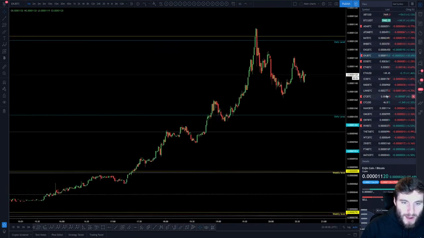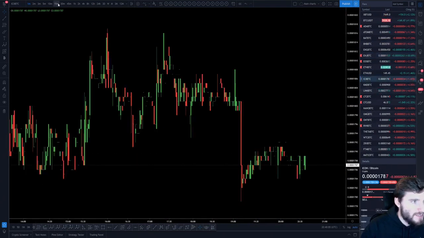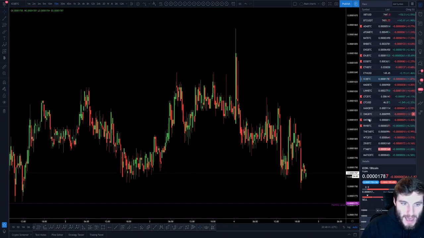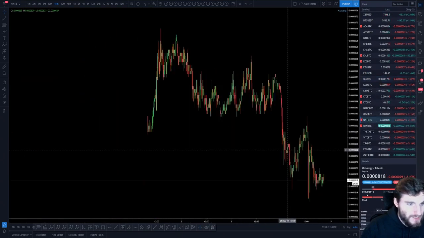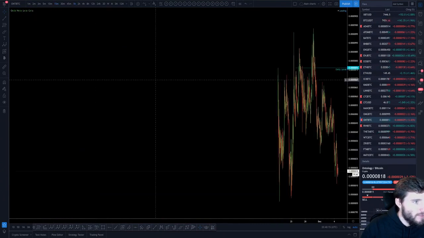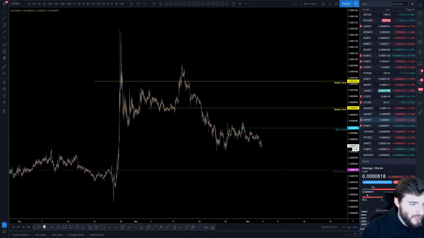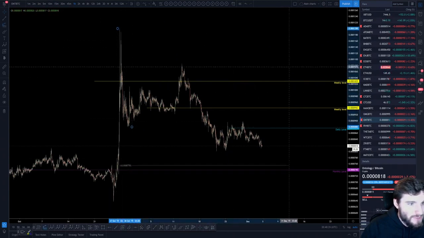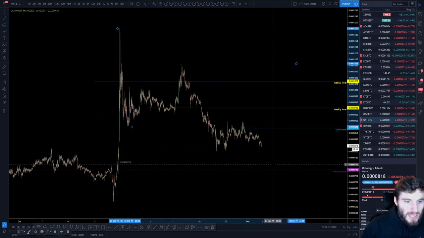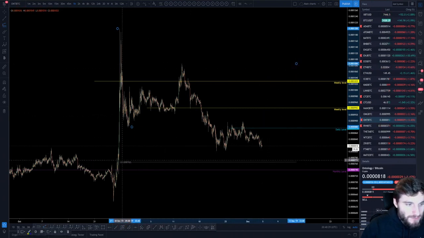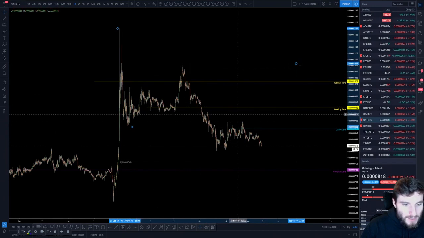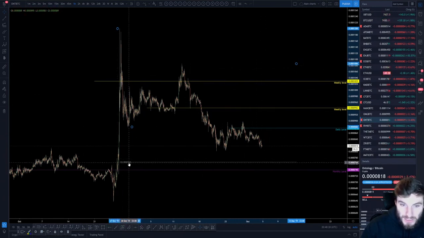Let me just click on a random coin icon. Oh, actually, this is a bad example because it's not impulsive. Ontology. So when Ontology moved, let's go over this. Let's say we're expecting lower prices on Ontology then. Okay, so we could go from the high down to the low, down to the lower high. We could say that there should be support coming in at around 765 sats. Okay, so 765 sats is the one-to-one of this extended from here. So that could be a possible target, 765 sats.